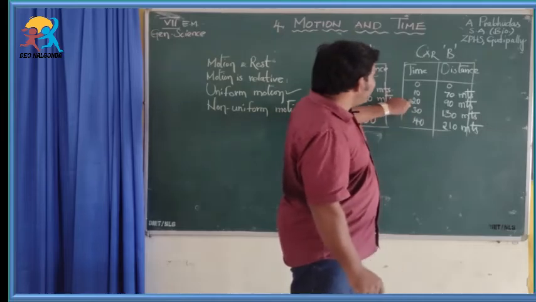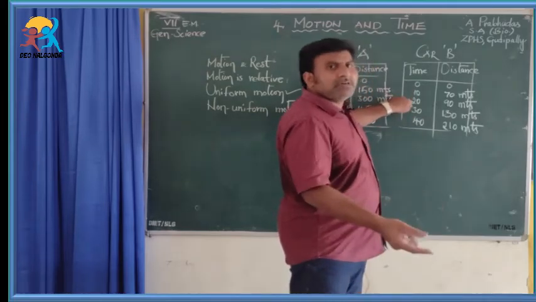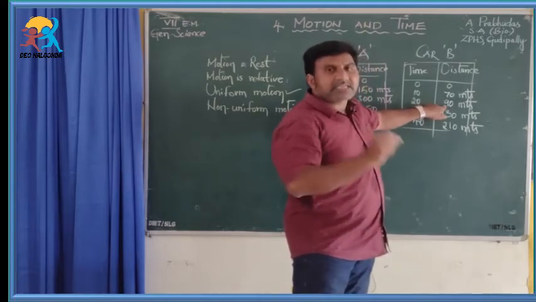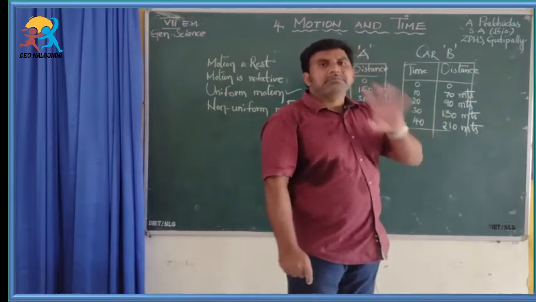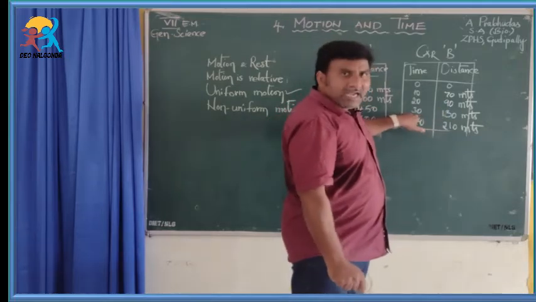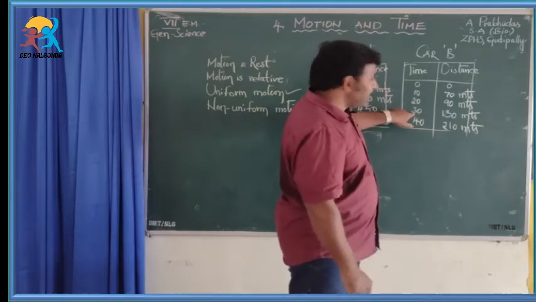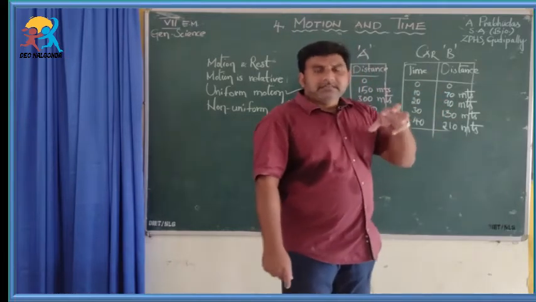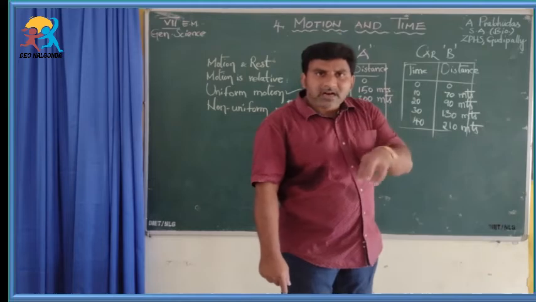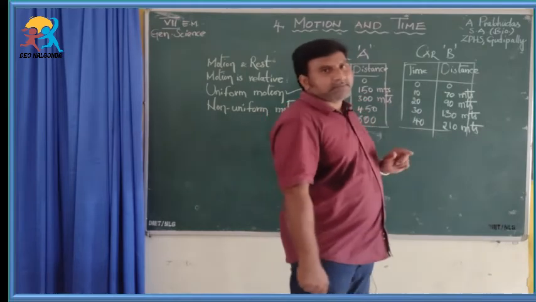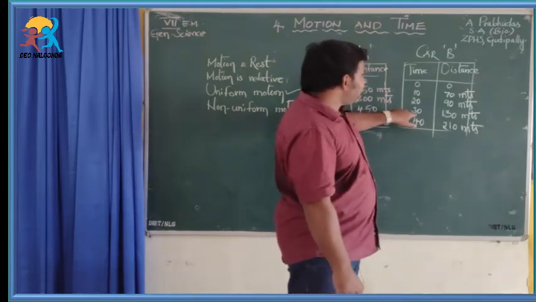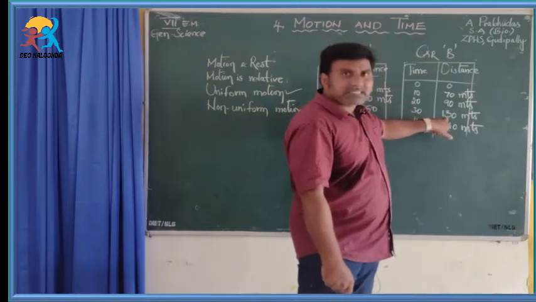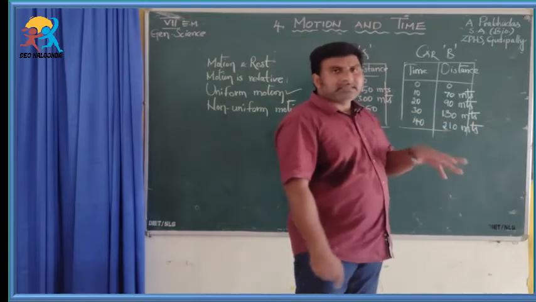For example, if you subtract 10 from 20, it comes to 10 seconds. So in 10 seconds the car is travelling 90 meters. And in the third instance, that is after 30 seconds, actually the total distance is different. We are taking the distance travelled by the car in 10 seconds. So here if you take the difference, 30 minus 20 is 10 seconds. So after 10 seconds the distance travelled by the car is 130 meters.